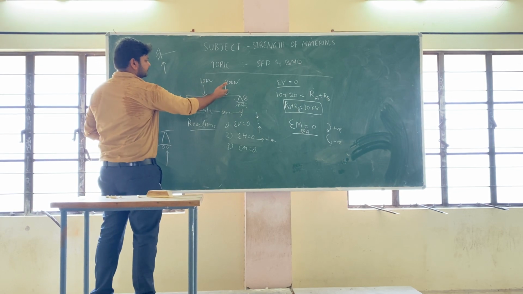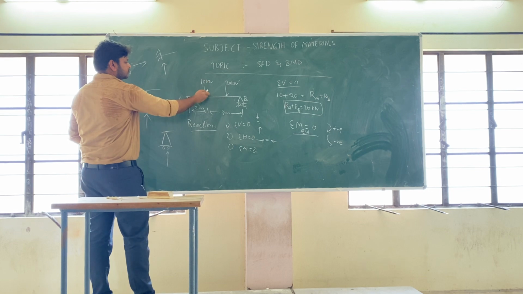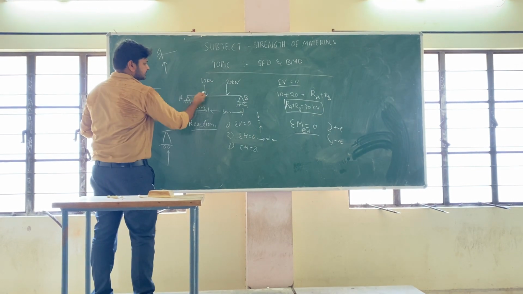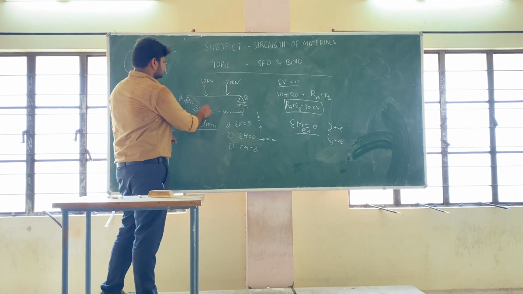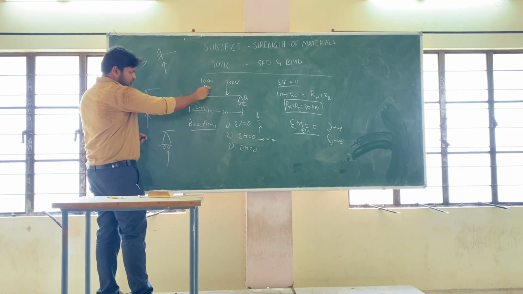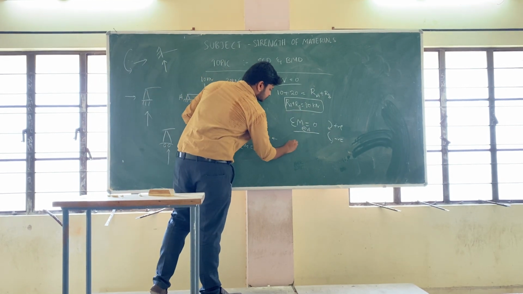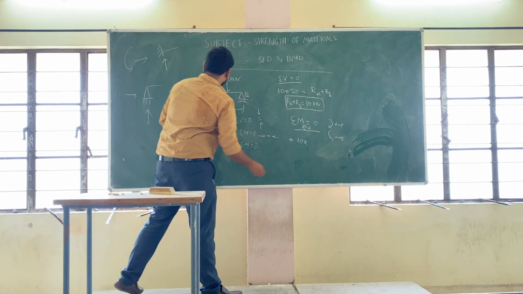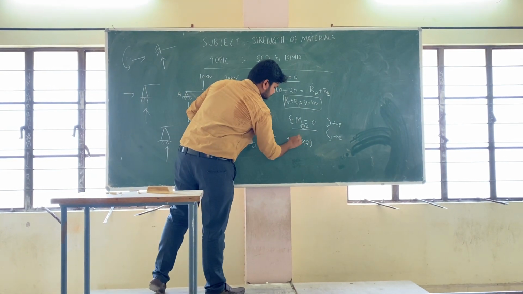So here, what forces are there? One force is there, another force is there. Each force is generating a moment at some distance. What is the direction? This is coming like this, so this is clockwise direction. So clockwise direction we are taking as positive. So positive force into distance, which we have taken as 2 meters.